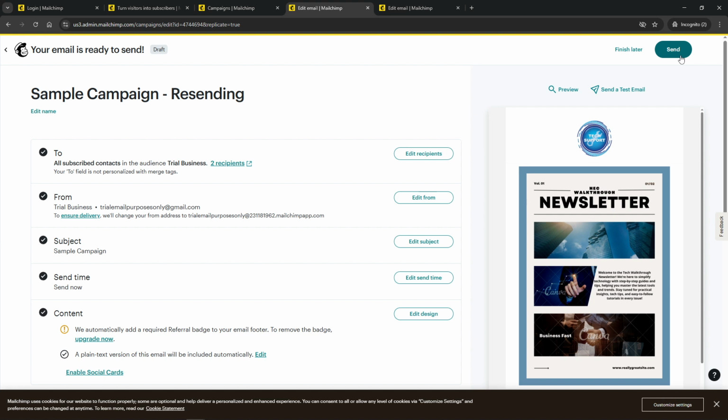And there you have it. In just a few simple steps, you've successfully resent your Mailchimp campaign. Remember, the key to effective email marketing is customization and